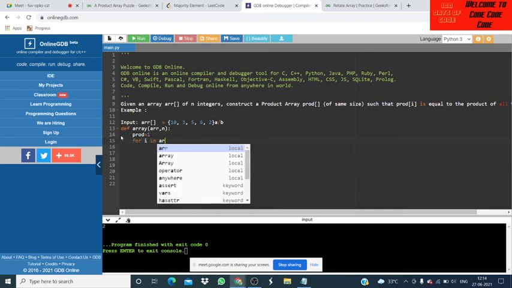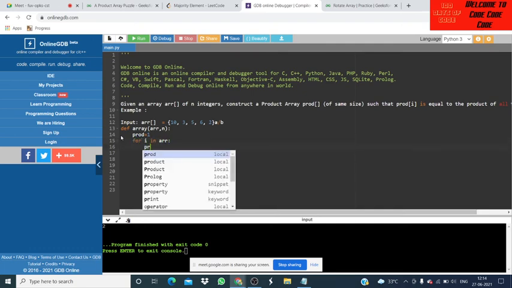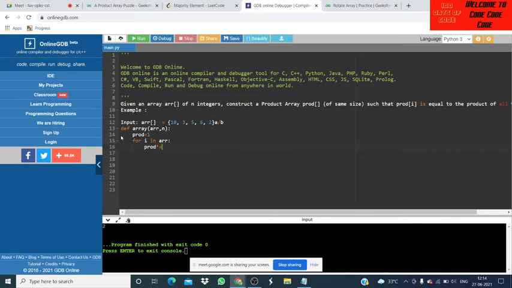We loop through the array and count the product. Then we will again loop through the array. So what will we do?